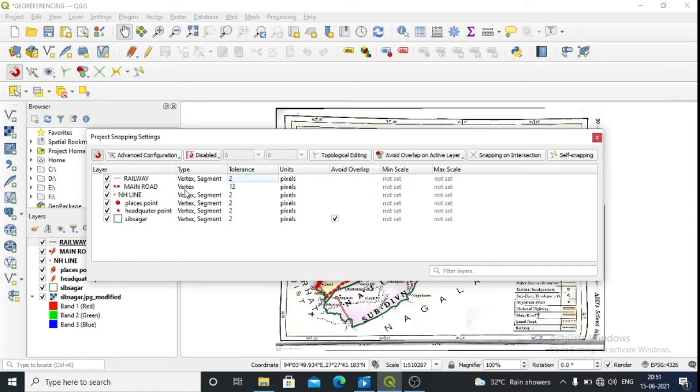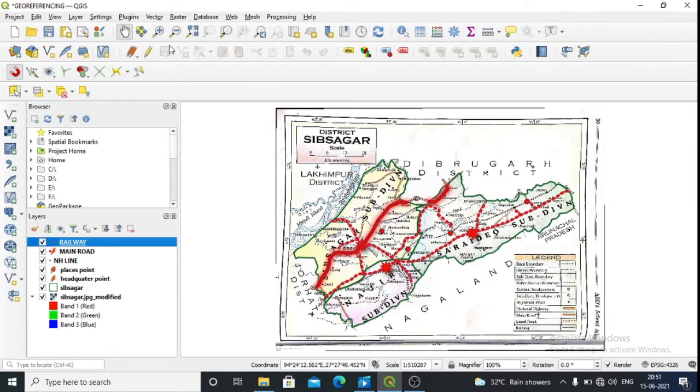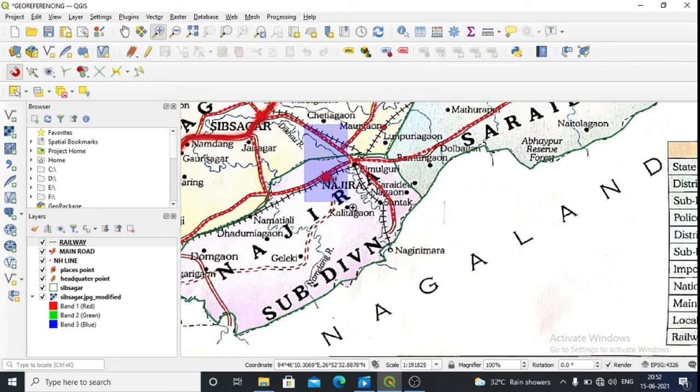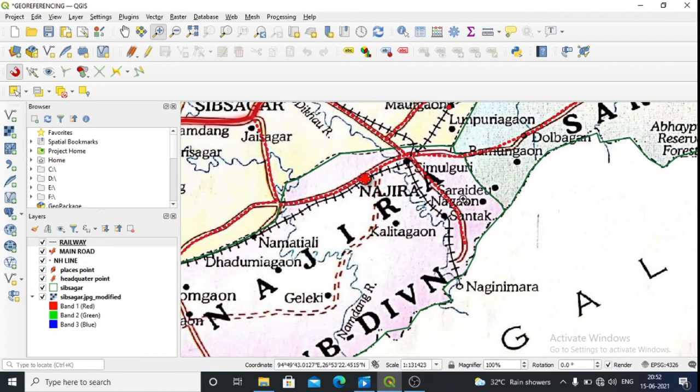Similarly, this main row also make it as vertex segment, then the tolerance level make it as 2, then avoid overlap on active layer. Now let us digitize it. Where is our railway line? This one, this is our railway line. This is starting from here, so click on this one, then add the line option, then let us start.